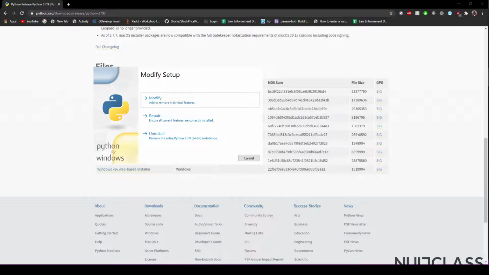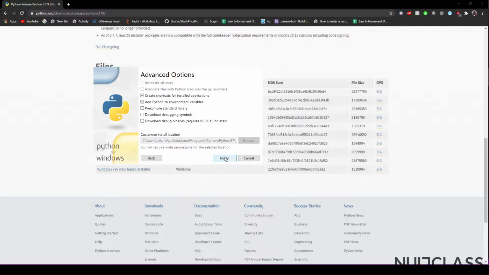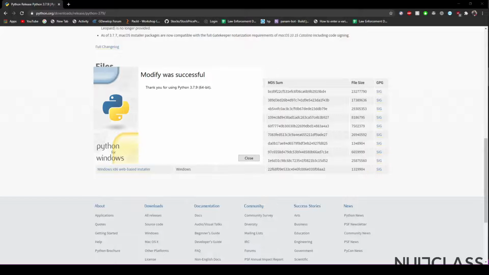After downloading, when you run the Python setup, the window will look like this, but in my case it's showing the modify option because I already have Python installed in my system. So I'll just do modify, but you'll need to select the install options, and I just press next and install, and it says here, thank you for installing Python 3.7.9.